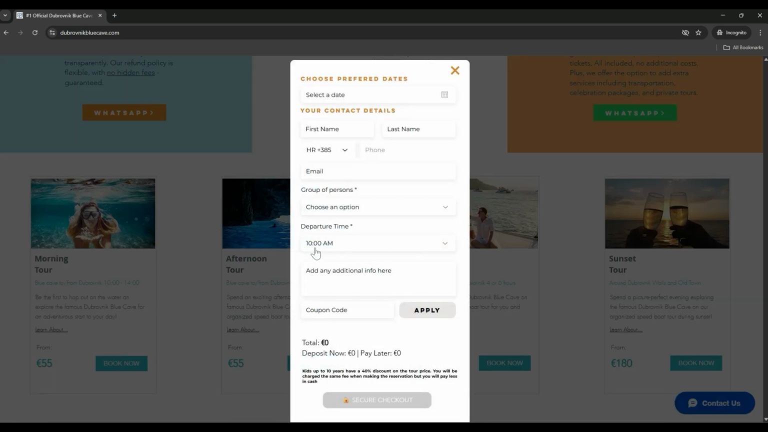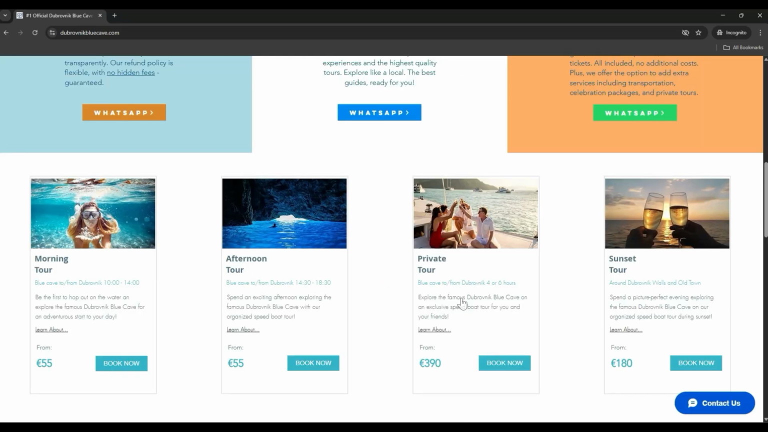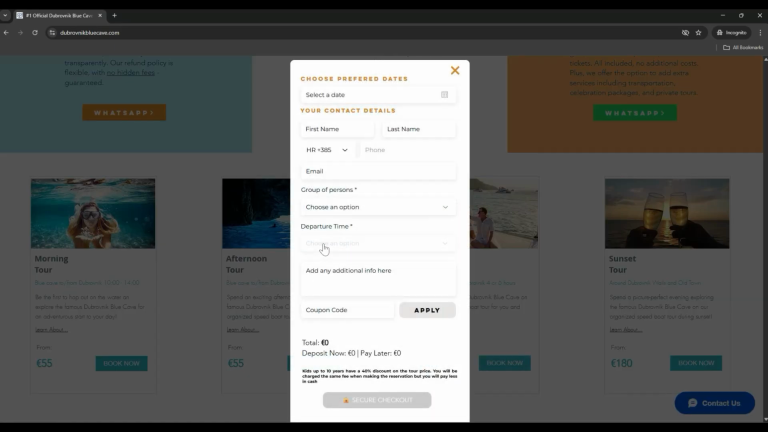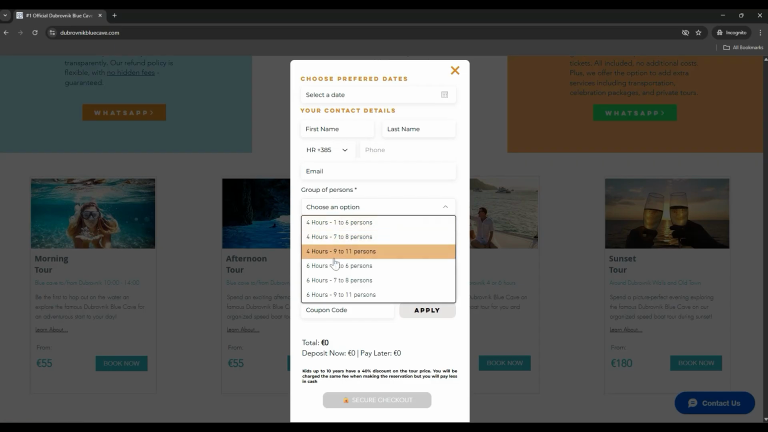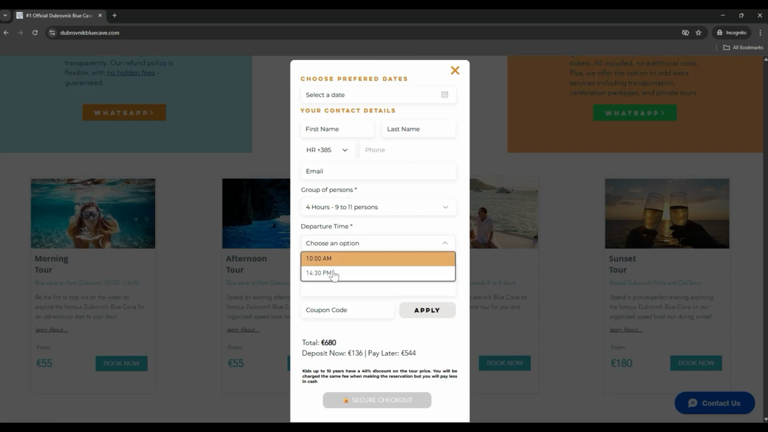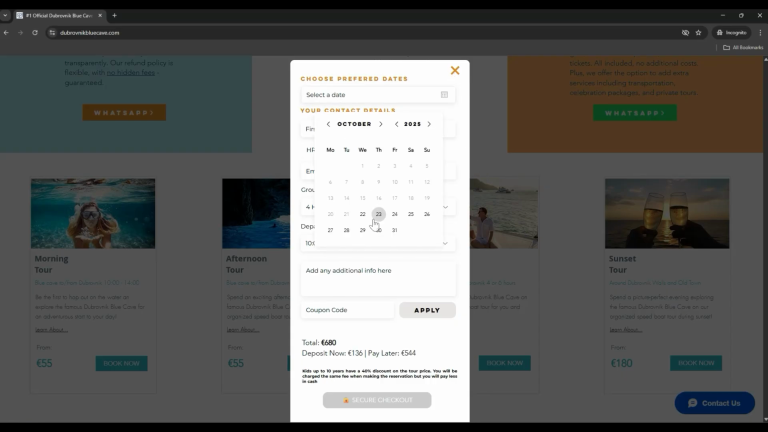If you see in this morning tour, you have only a departure time at 10 a.m. But if you see in this private tour, the design actually changes. You have to select the group size, and the departure time also changes. Everything is done dynamically. And adding to this, I'll just show you a quick demo of making a booking in this. Select Wix